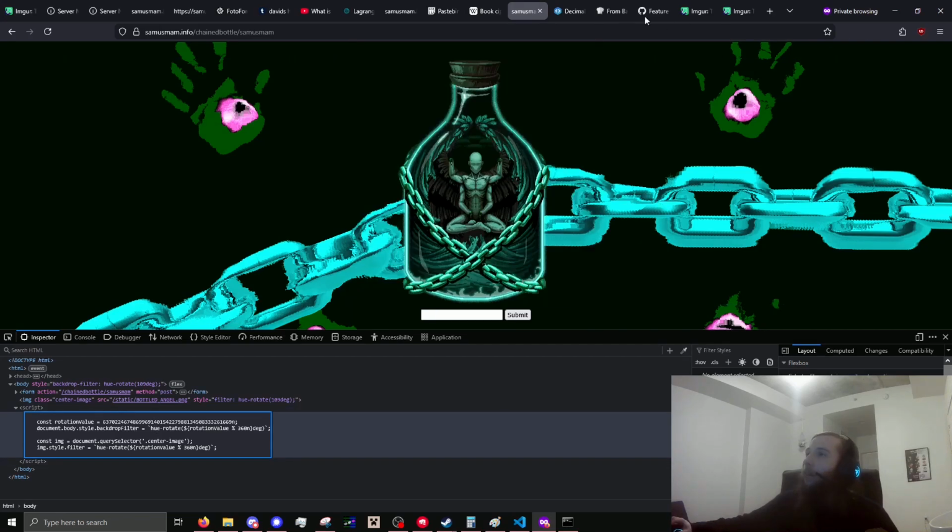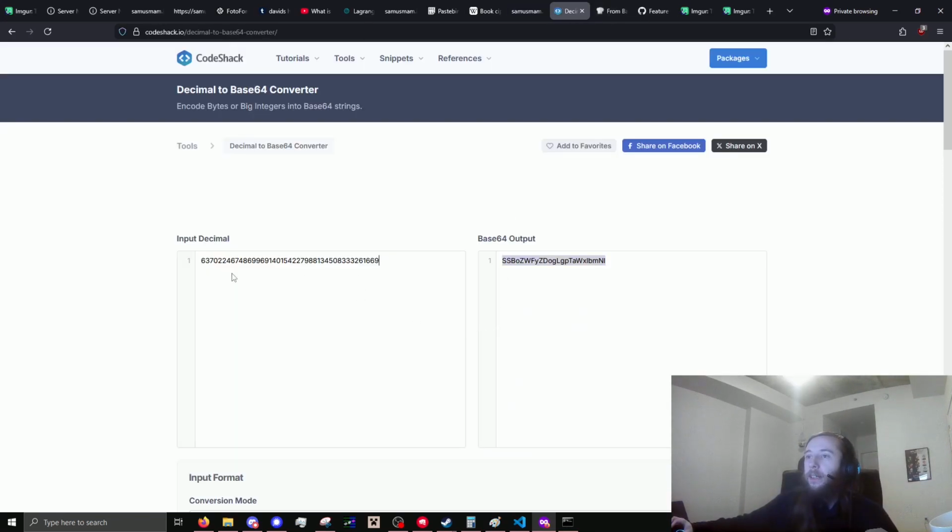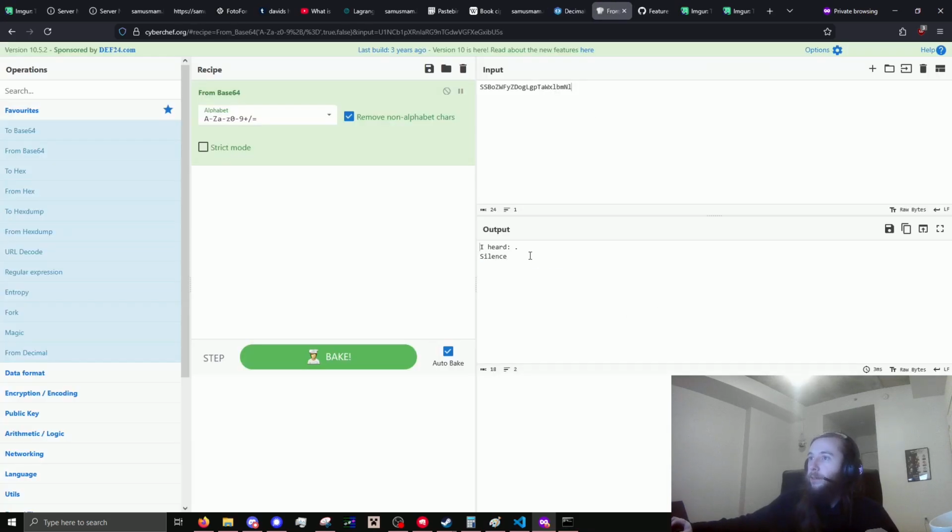And if we take that number and we plug it in here to something that'll give us anything that's representing it as bytes rather than as the decimal itself. So this could be hex, this could be bytes itself in Python. Here, the community found it with base 64, and then we take that base 64 and we decode it back into its actual text. We get a little call and response sort of deal with that,